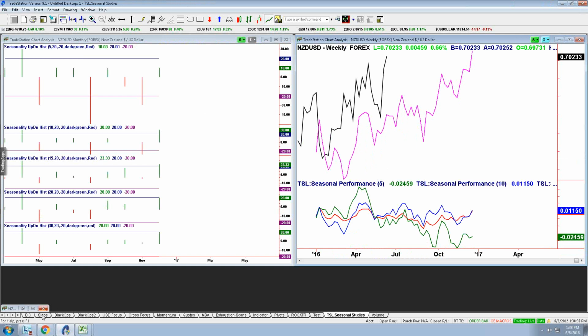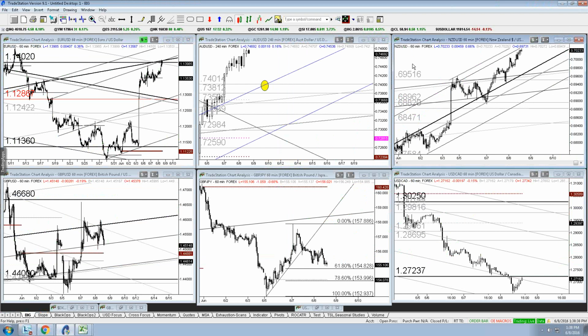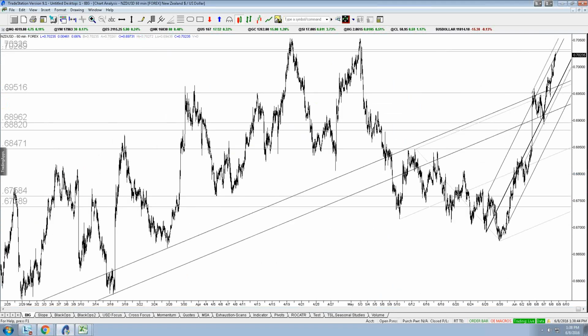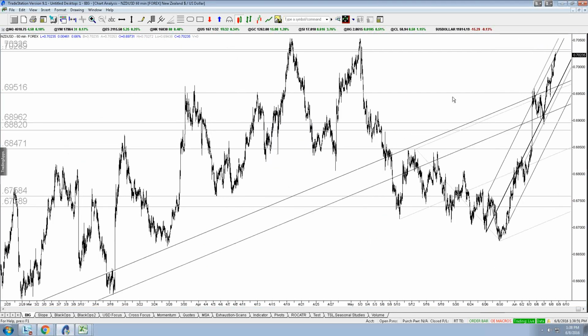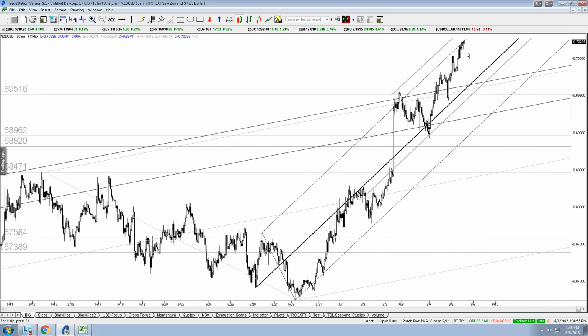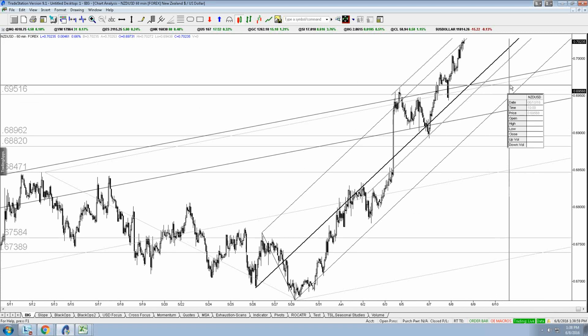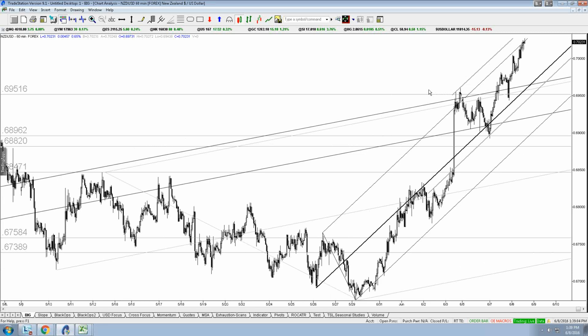I'm not going to go into RBNZ suggesting that you just pull short and pray. Probably not the best idea in the world, but we are brushing up against very steep uptrend resistance here, and it would only be natural for the market to react and head lower from here. If there's going to be a short position, it's something that would need to take several days to materialize. You'd probably have to come off here, break some support, and then go back and retest it from the other side, and then you could get something for a short position.